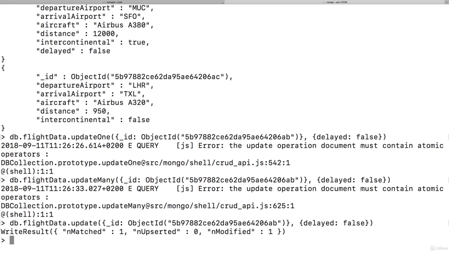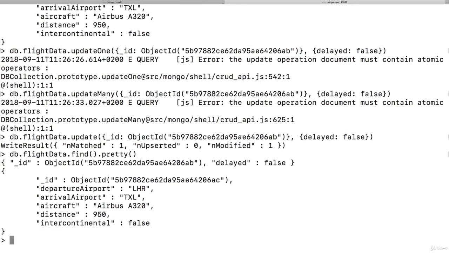Now how would you imagine that our flight looks like right now? Well, let's access the flight data and find it all and output it. And what we see is we got two documents, but the first one is very small because it now only has delayed false and the ID. The ID still is the old ID, by the way.